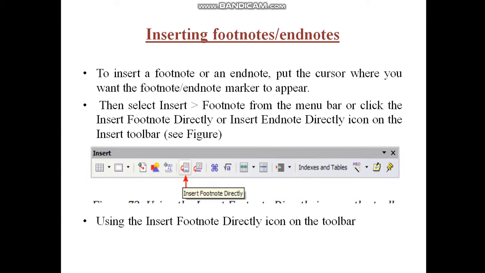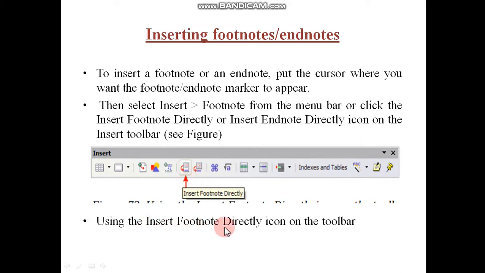To insert a footnote or endnote, put the cursor where you want the footnote or endnote marker to appear. Then select Insert Footnote from the menu bar, or click the Insert Footnote Directly or Insert Endnote Directly icon on the Insert toolbar. See, there is an Insert Footnote Directly and an Insert Endnote Directly.